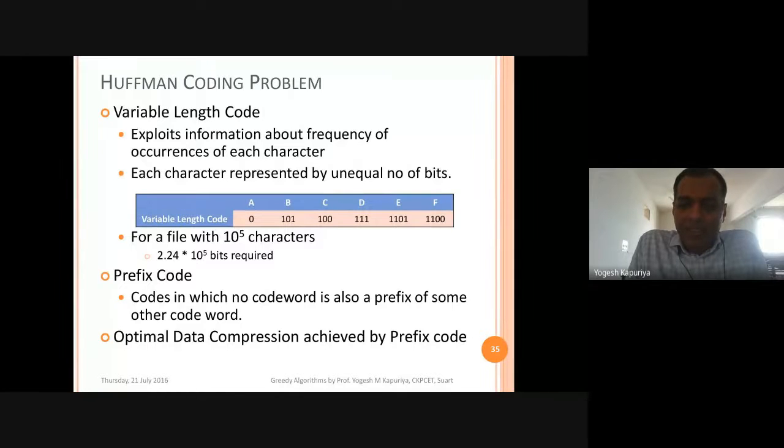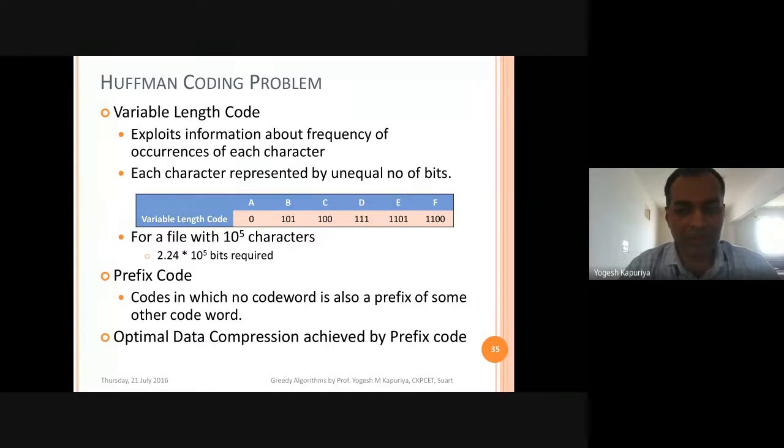If you represent it in a pure form, that means in its original form, then you require 128 values, 2 raised to 7, so 7 bits are required. Most encoding techniques try to reduce the number of bits required to represent each character or each letter, whatever it may be. By that means, we can easily reduce the overall size of the text.